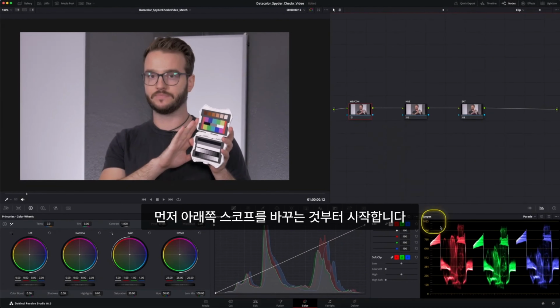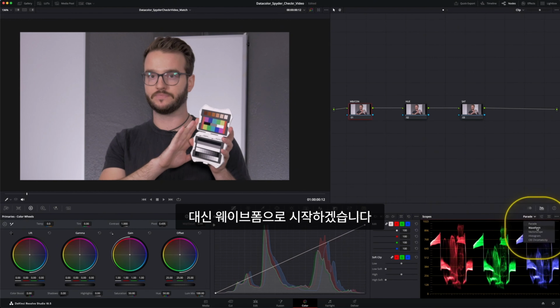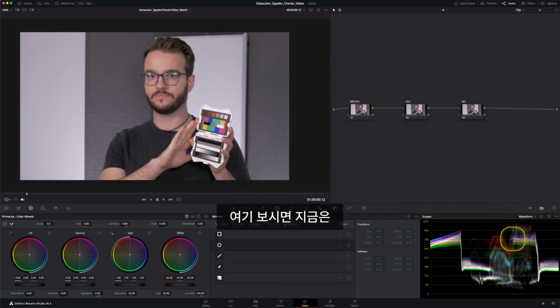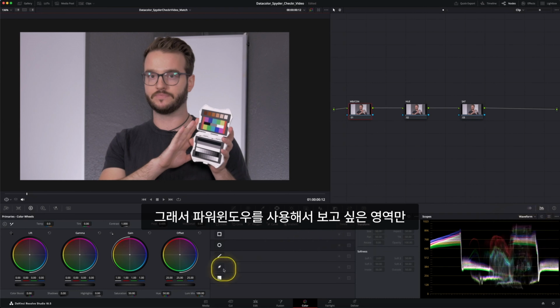We're going to start off changing our scopes under here, and we don't want to use the parade. We're going to start off in the waveform instead. The waveform is great for dialing in our contrast with the pattern over here. As you can see at the moment, we can't really get our shape visible over here,